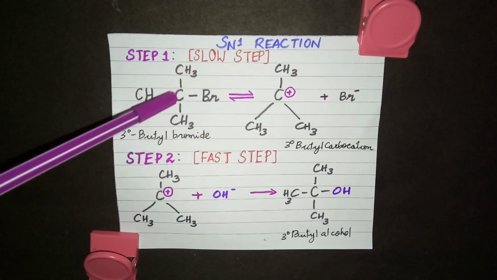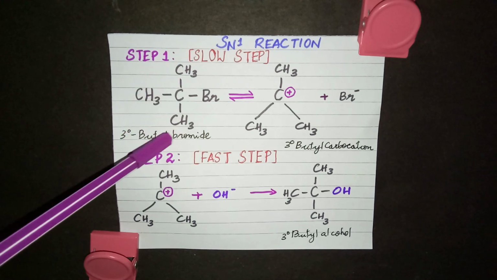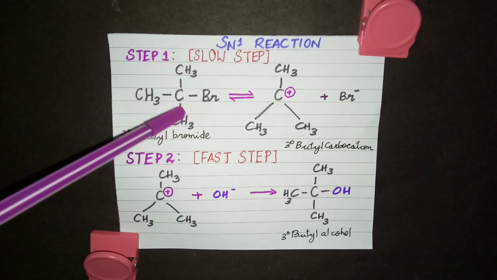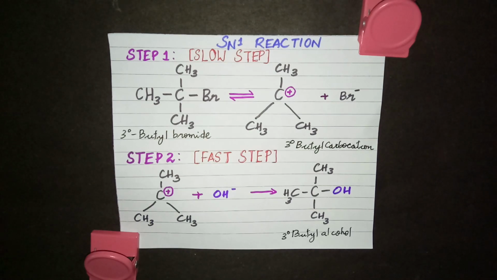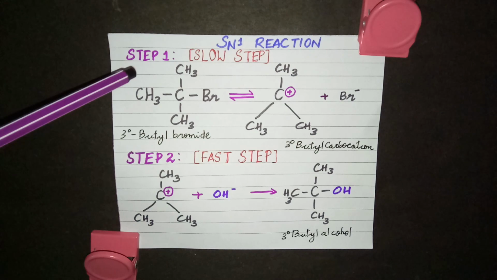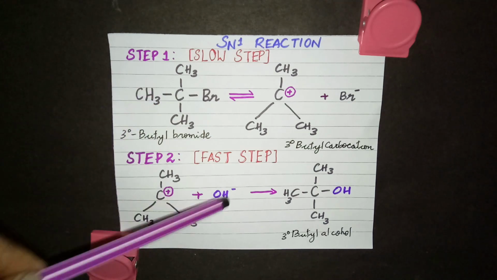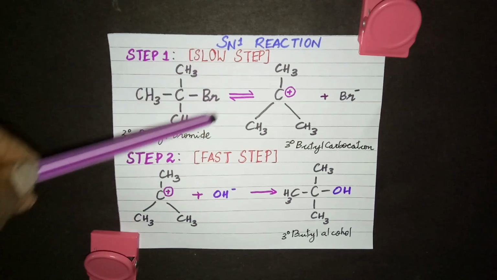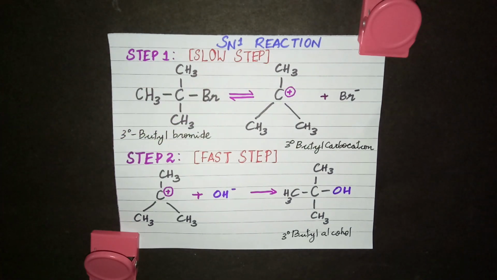So this is a tertiary halide. See, this is the alpha carbon, and three carbon neighbors are there. This is tertiary butyl bromide. So in the first step, what happens? This tertiary halide, under the influence of the nucleophile, cleaves to form a carbocation. Actually, what is present inside the reaction mixture? A tertiary halide along with the nucleophile. Under the influence of this nucleophile, it is going to cleave and form a carbocation in the first step. So this is the carbocation. I've told you in the previous videos what free radicals and carbocations are.